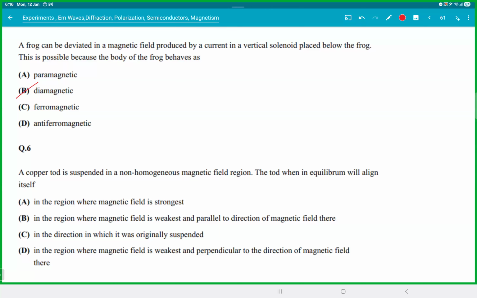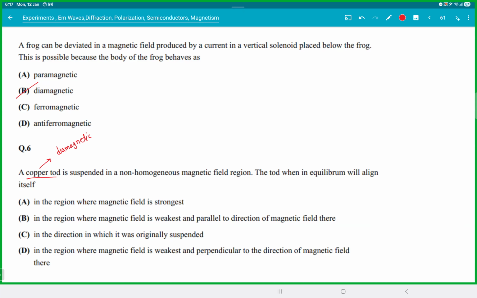I think there's a copper rod, I guess. The rod is suspended in a non-homogeneous magnetic field region. Now again, copper is not a ferromagnetic material. So copper is basically diamagnetic. That is the main catch, nothing else, that you should know. So the rod will be in equilibrium when it will align itself with